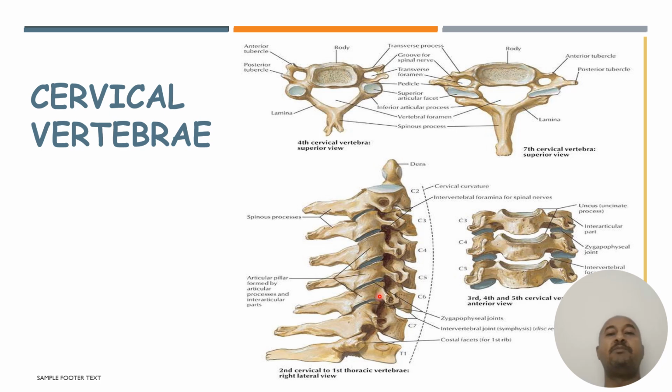In general, the cervical vertebrae are characterized by being the smallest vertebrae in the body, and because of that, they allow a wide range of movement or greater motion in the skull compared to other